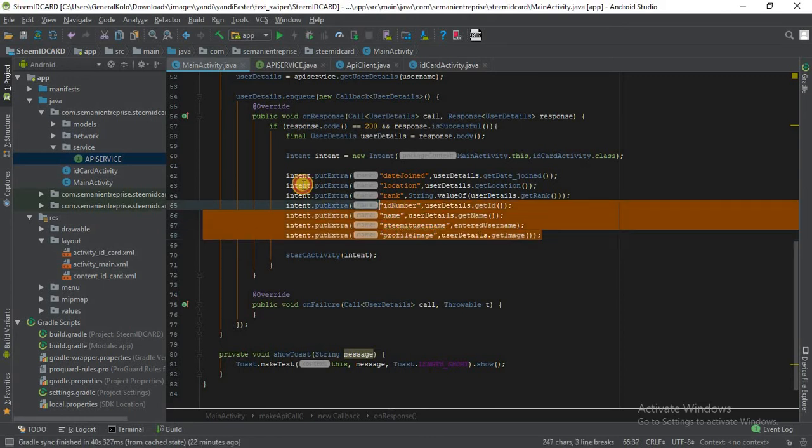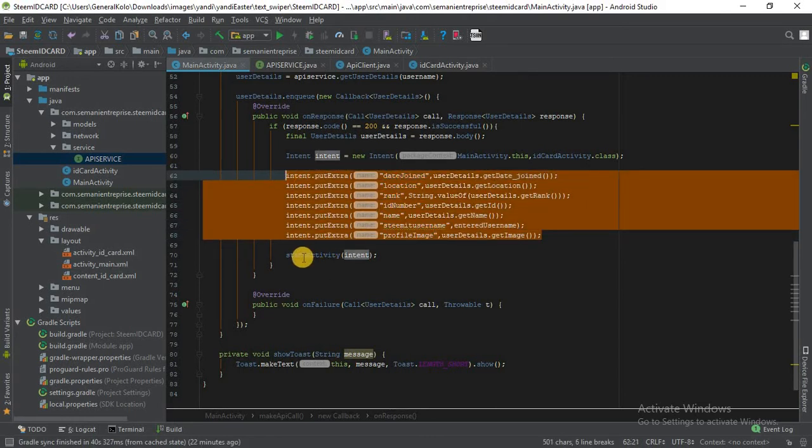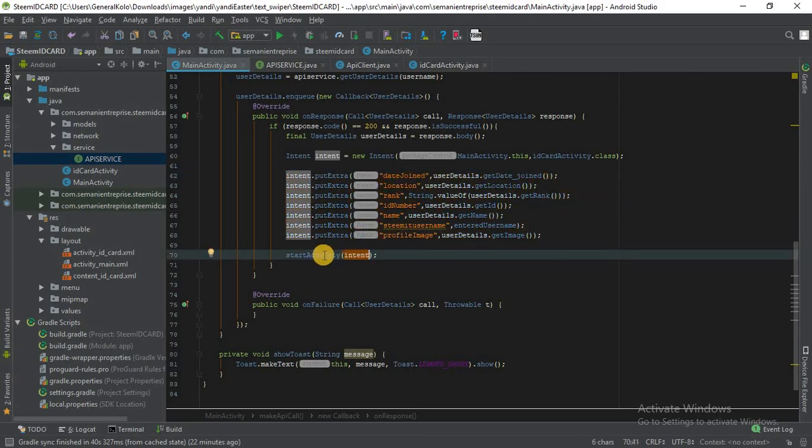So once we put all this into our intent, what we do is we start the activity. Once we start it, this ID card activity will contain the details we sent using the intent. Now the next thing we have to do